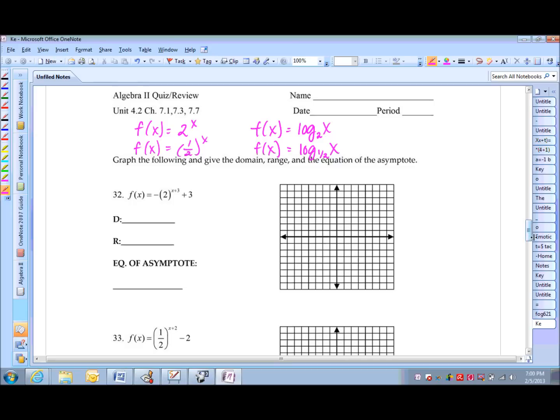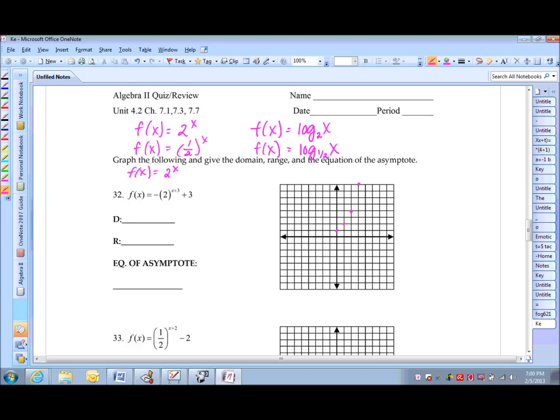So let's look at problem 32. The equation is f of x equals -2 raised to the x plus 3, plus 3. Well, the parent function we're dealing with here is f of x equals 2 raised to the x. It's an exponential parent function. And when we plot those parent points,